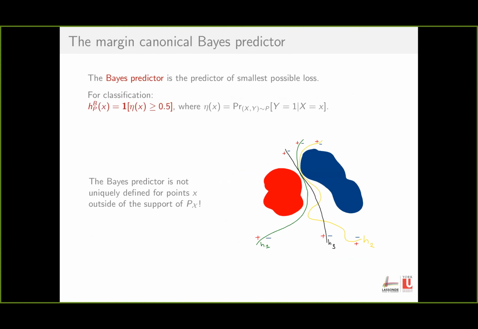So the question is, how do we formalize this? We would like the robust loss to be in line with the underlying data generating distribution with a Bayes classifier. The Bayes classifier is not always uniquely defined, so the first thing we did was define what we call the margin canonical Bayes predictor. The Bayes predictor is not uniquely defined in areas where there's no support of the distribution. And I actually think that this phenomenon of the distribution not filling the whole space might be what is causing these phenomena of adversarial examples.